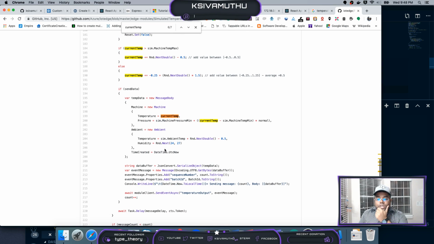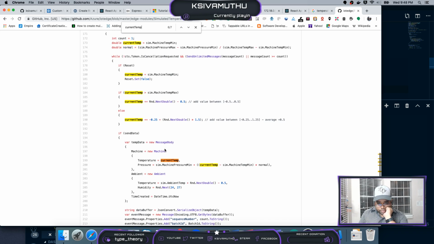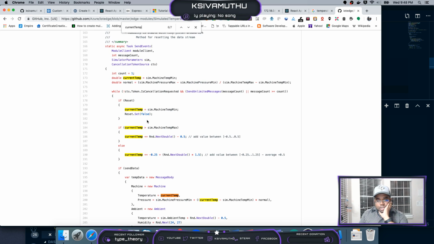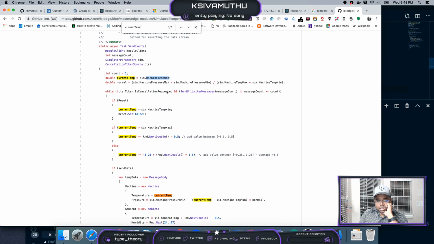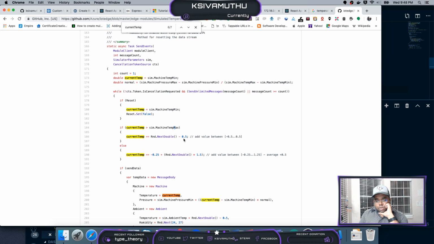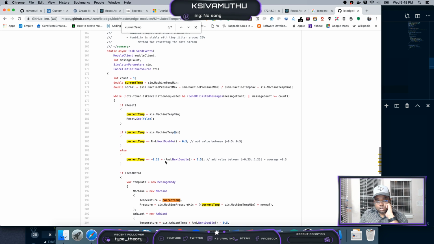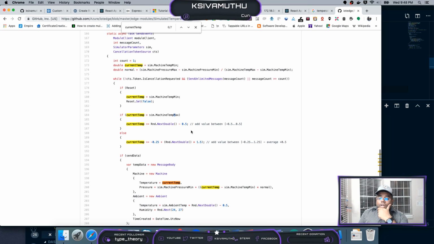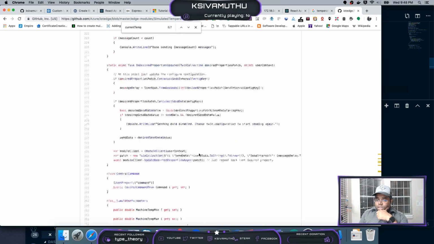Yeah, this looks great. I'm just thinking like how to implement this in the JavaScript. So they are having this machine temp min, machine temp max, add value between minus 0.5 to 0.5. Oh, okay. Okay, we will take a look at this